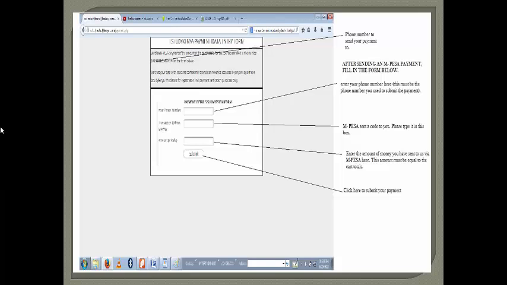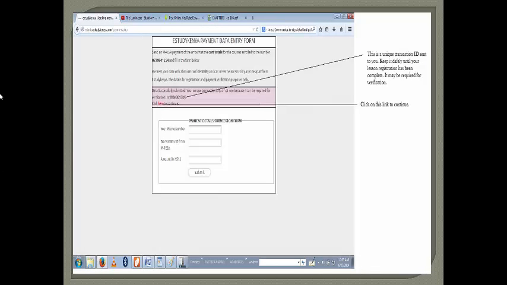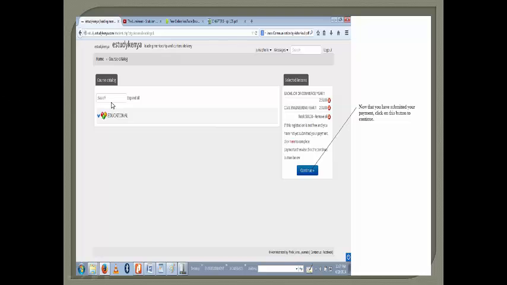Any error messages that occur will be displayed, and if data submission is successful, you will be taken to this page. You will be told that your data has been successfully submitted. A code will be displayed to you, and ensure that you write it down because it may be required for verification. After that is done, there is a link written here. Click on it so that you can continue. Click on the continue button again,